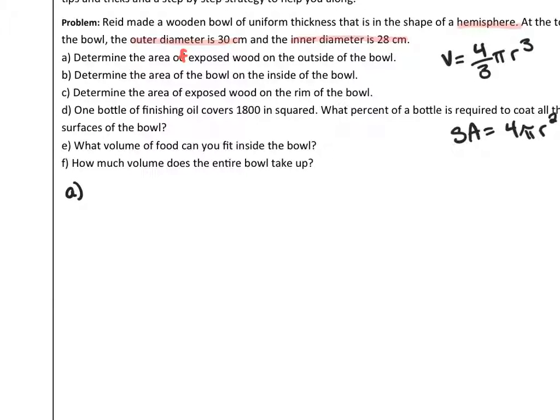That just means we're going to use our surface area formula, but we're going to divide it in half at the end. So 4 pi r squared. Now, because we're doing the outside of the bowl, d is 30, which means that r, in this case, is 15. If they give you the diameter, make sure you divide it by 2 so that you have the radius. And then it simply becomes